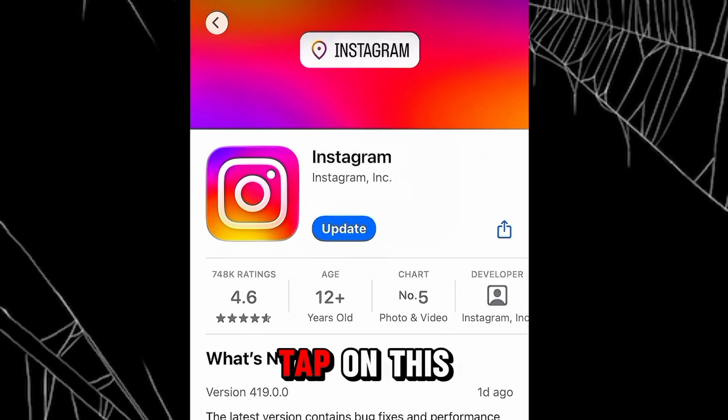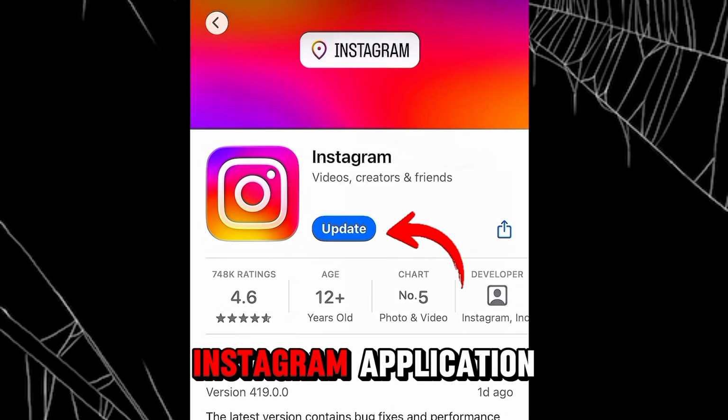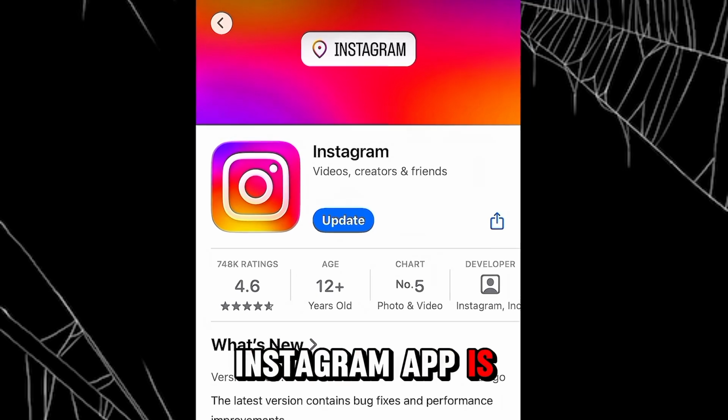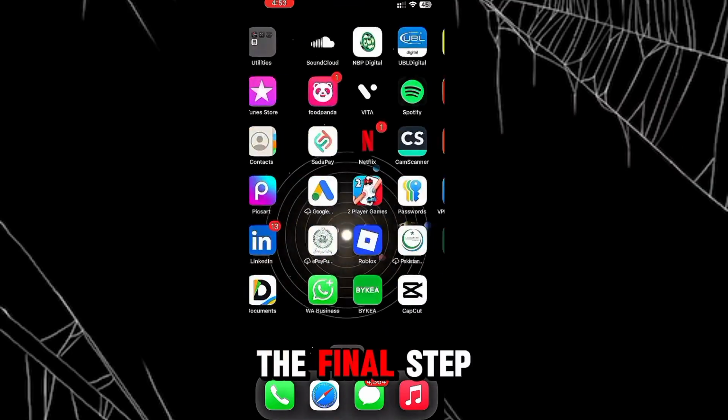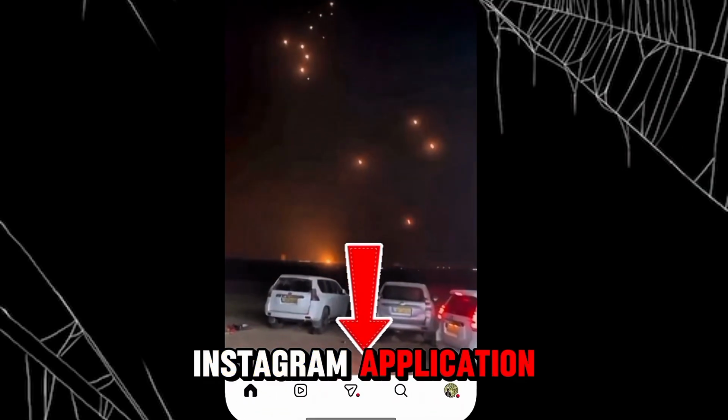After that, tap on the update button to update your Instagram application, because if your Instagram app is not up to date, you will see different options from me. So after updating Instagram, the final step is to open your Instagram application and go to your